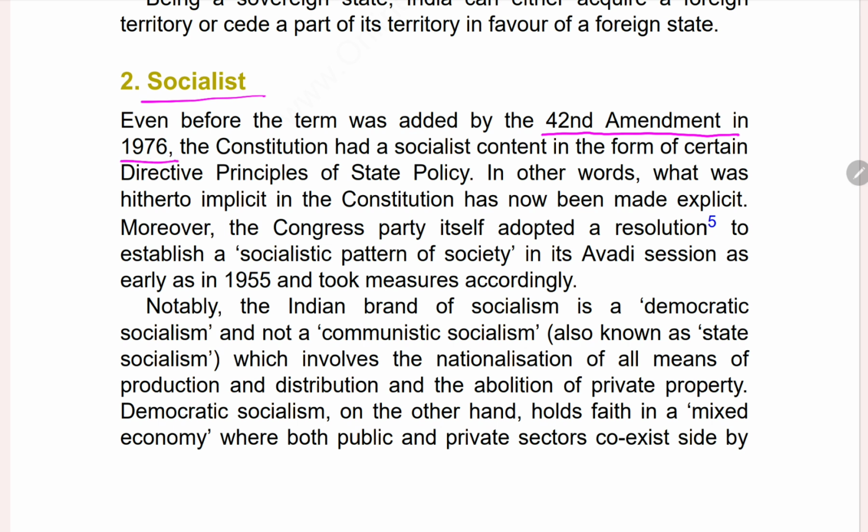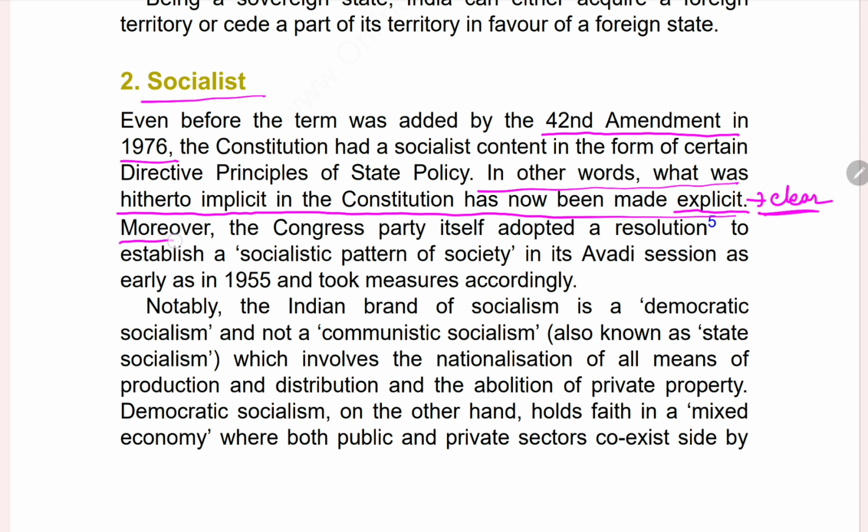But before that, India followed socialist principles. In other words, what was hitherto implicit in the constitution has now been made explicit. What was hidden, not clear in the constitution earlier, became clear in 1976 through the addition of this word socialist in the preamble, and now it has been made explicit, that is clear, that can be